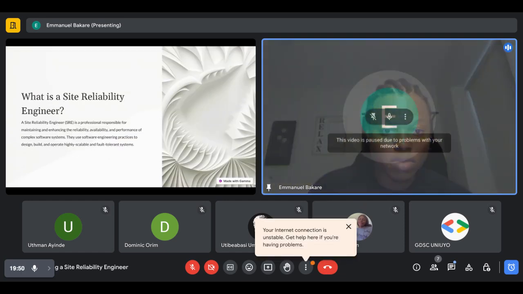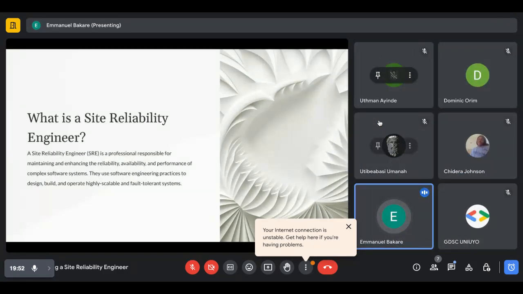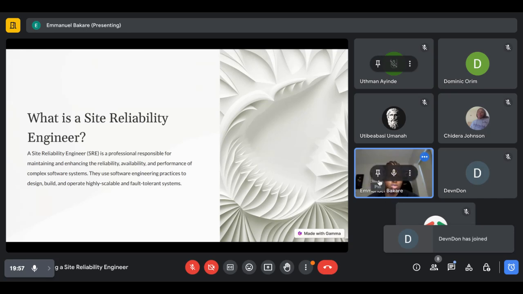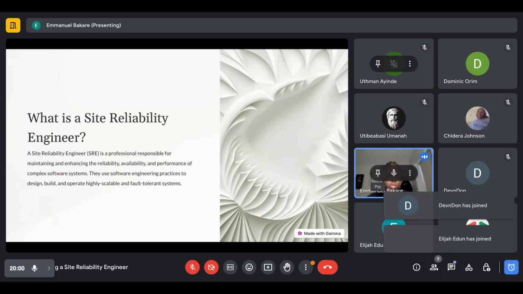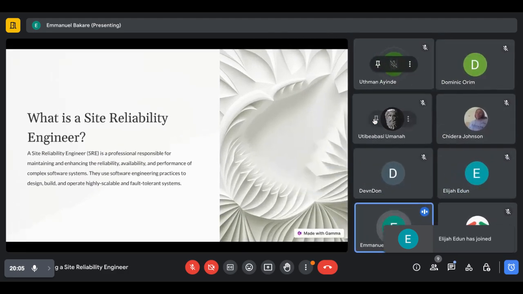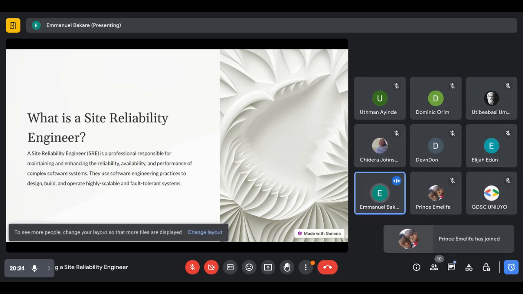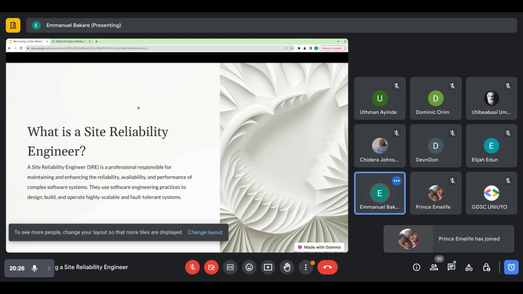So what's really site reliability and what's a site reliability engineer? Usually you're responsible for maintaining and enhancing, lots of buzzwords here: availability, performance, and so on. The key part of the SRE culture is usually in enhancing. SREs usually come about when teams grow so big that even the sysadmins can't handle all the work. I'll just switch back to this slide because they're kind of a mix.